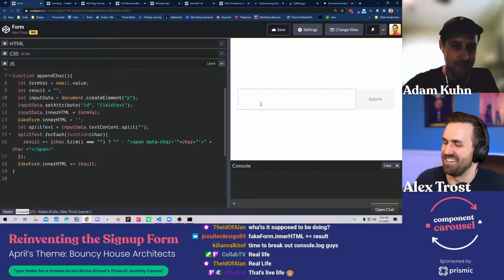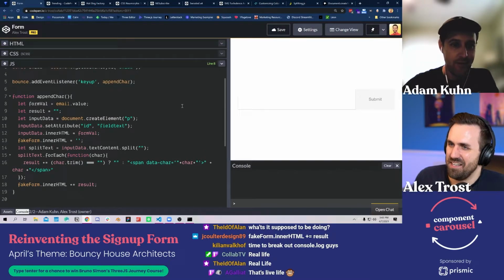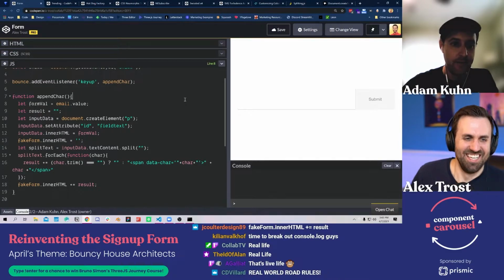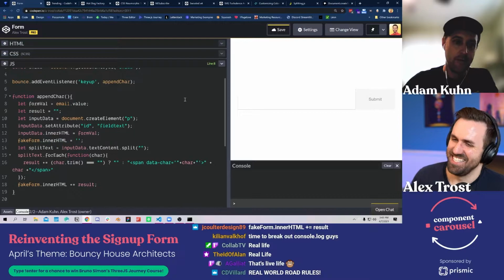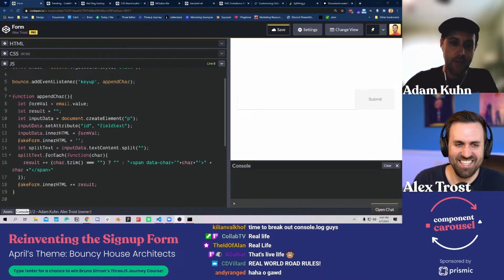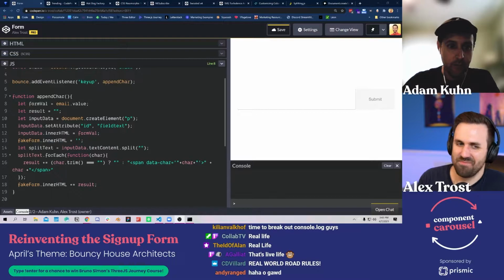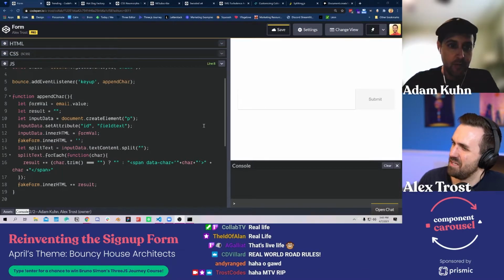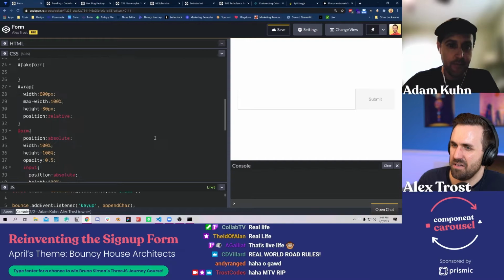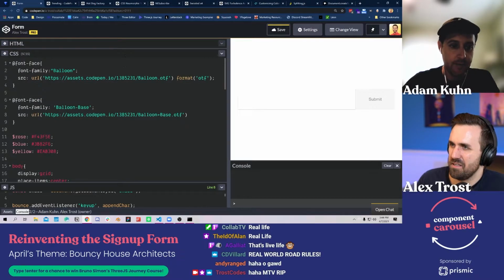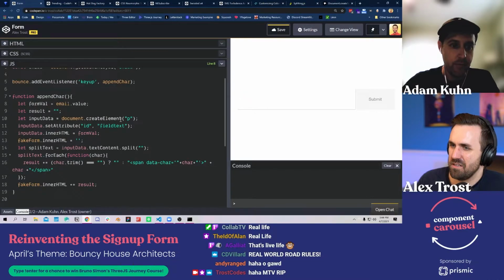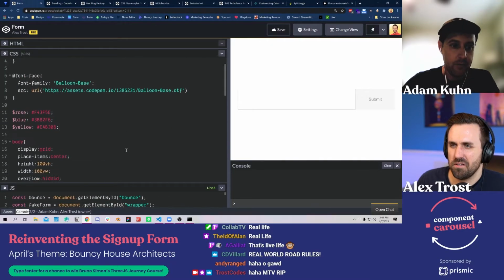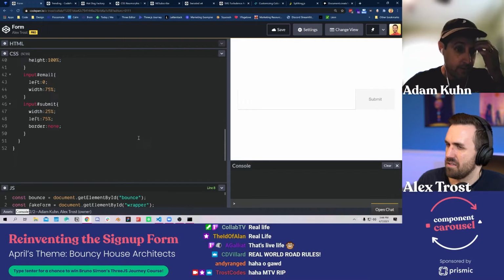Yeah. Absolute mess. Okay, so what we'll do now is start styling the fake form here. Throw that up top, and let's see. I'm going to make the height and width synonymous with what we have for the inputs, so that it's able to nicely overlap. And then we'll start throwing some SVG fun stuff in here. Awesome.